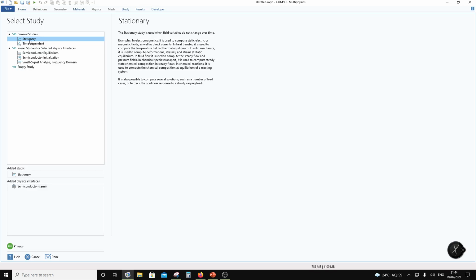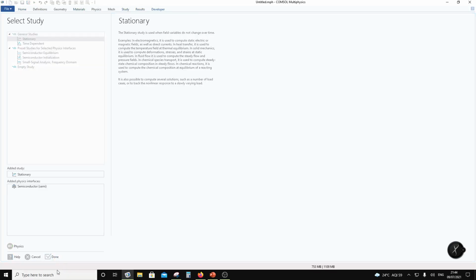The time information would come into transient or time dependent simulations. The other study can be a small signal, where you can do the S parameters of a transistor. Without any delay, let's dive into it. We just say done,